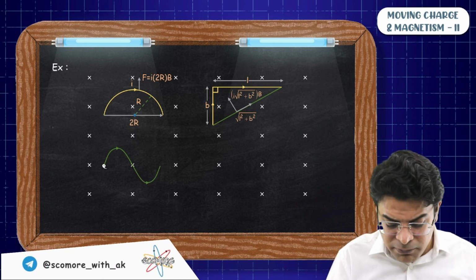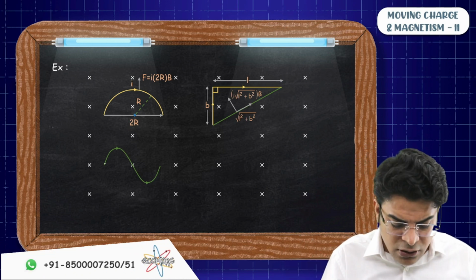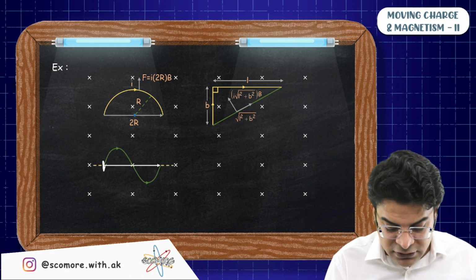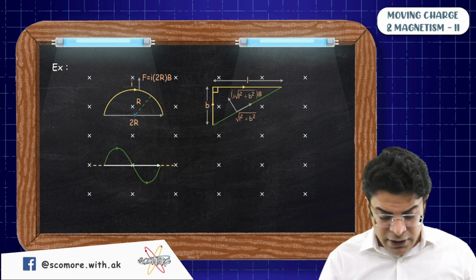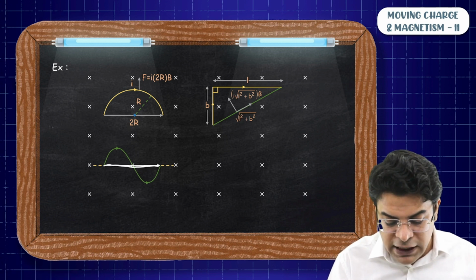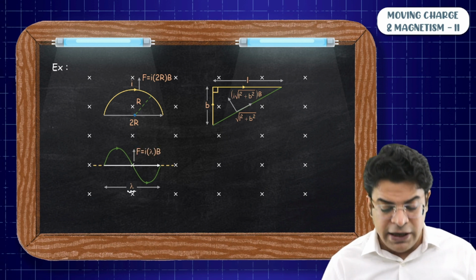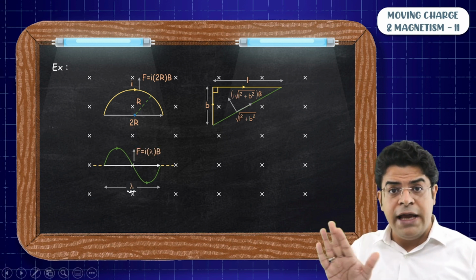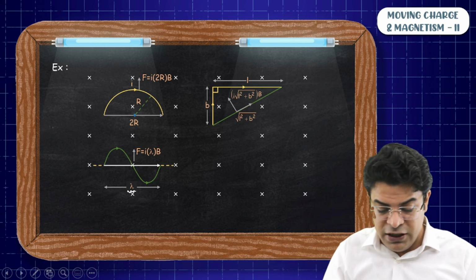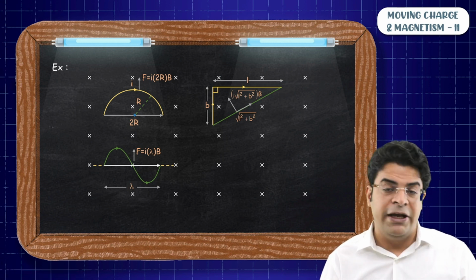Now for this one complete wave, how will you write the magnetic force? Sir, still the same thing. Do not think of the curved part, think of the effective length. If you think of the effective length, that will be nothing but one wavelength. Rather than thinking on force acting on every small part here, just think of the force acting on this effective length. If this effective length has a magnitude lambda, the force will be nothing but I, the current strength, into the effective length lambda into B, as the angle between the effective length and magnetic field is 90 degree. So such an easy job it makes.